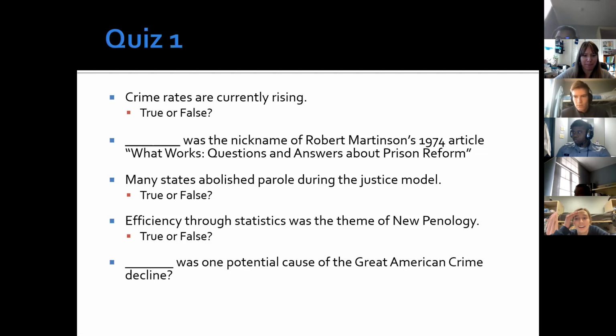Technology? No. Was it the baby boom theory? Yes. Geez, Zach, 5. All 5 go to Zach. So you could say the baby boomers aging out of crime. You could say something about the age crime curve. You could have just said demographics. I would have accepted that. What other answers did you guys put online? Economic stability, like falling unemployment. Yep. You could say economics, unemployment, rising wages, any of those. Anything else? There's one other you could have put.